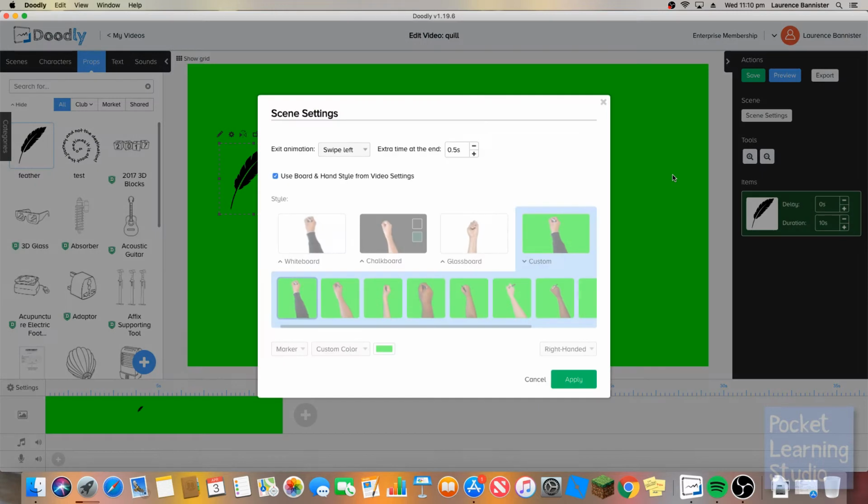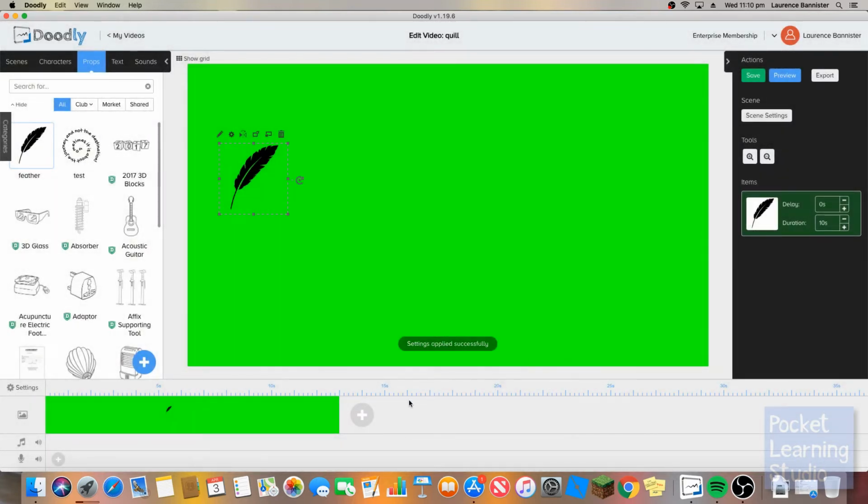Then what we need to do is make sure that it just disappears, and we want to leave a little bit of time at the end of it. So we click apply. Next, we want to duplicate the scene, go into the second scene,